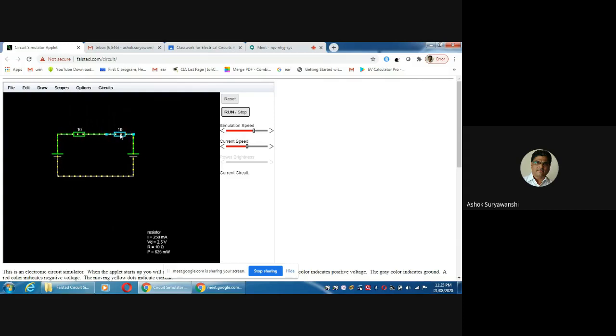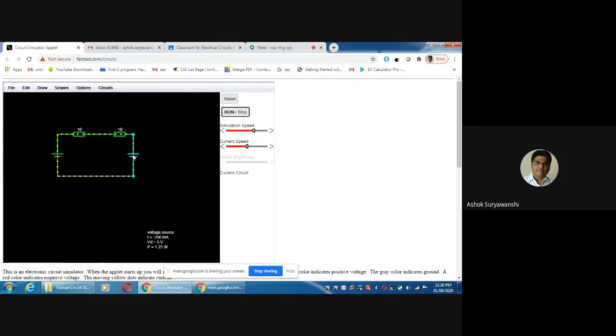If you take the cursor on the other 10 ohm resistor, now it will show. Again, see the current is the same because it is a series circuit. Voltage across that resistor is 2.5 volt. Resistance value is 10 ohm, and power is 625 milliwatt. If you keep the cursor on the second voltage source, it will show the value of the voltage source, that is VD equal to 5 volt, but current is showing minus 2.5, minus 250 milliampere or minus 0.25 ampere.